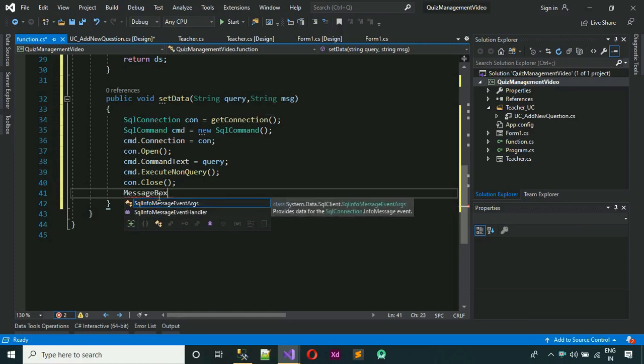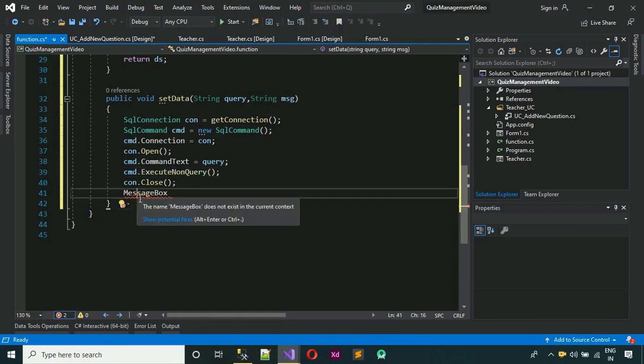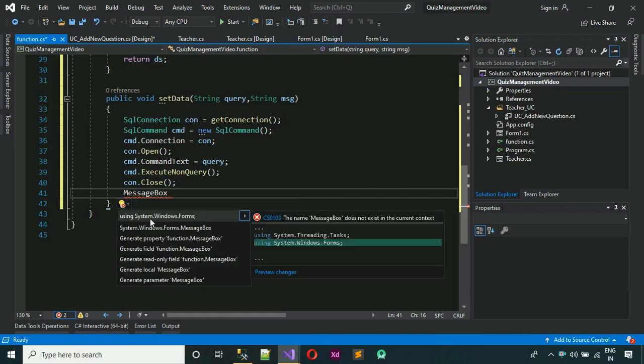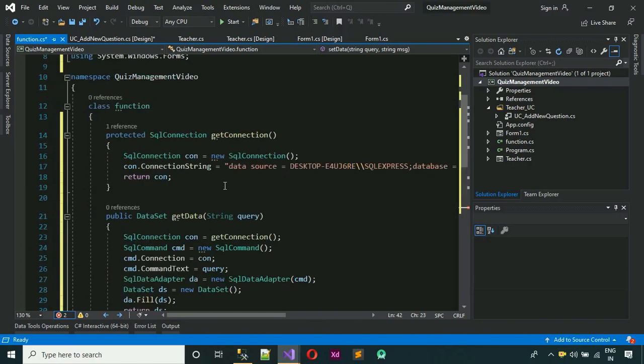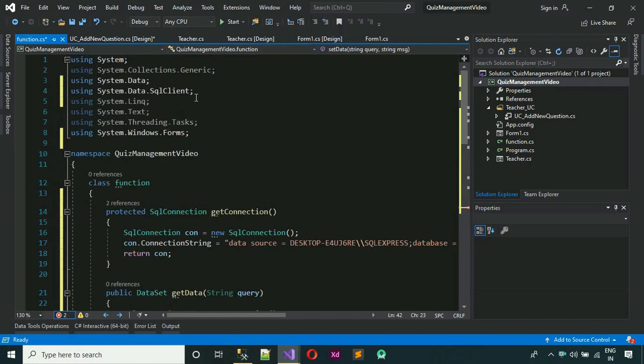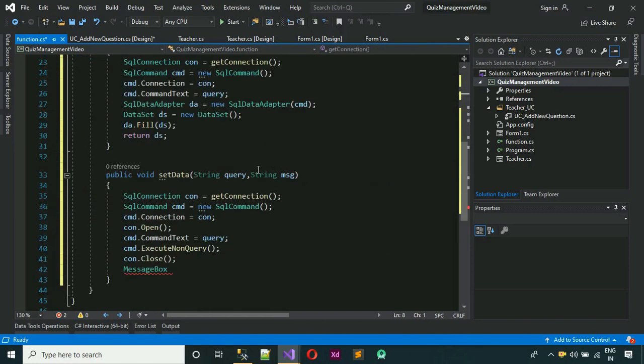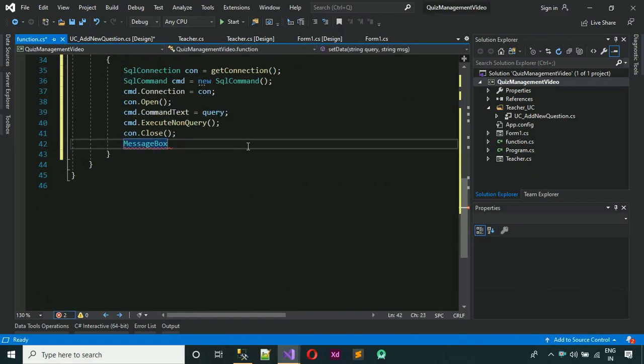So we have to actually add a dependency for this too, a library for this. Just click on this, using system.windows.forms. So just click on this, and now it will add one dependency over here. Here you can see this. Now we can use this message box over here. So message box dot show